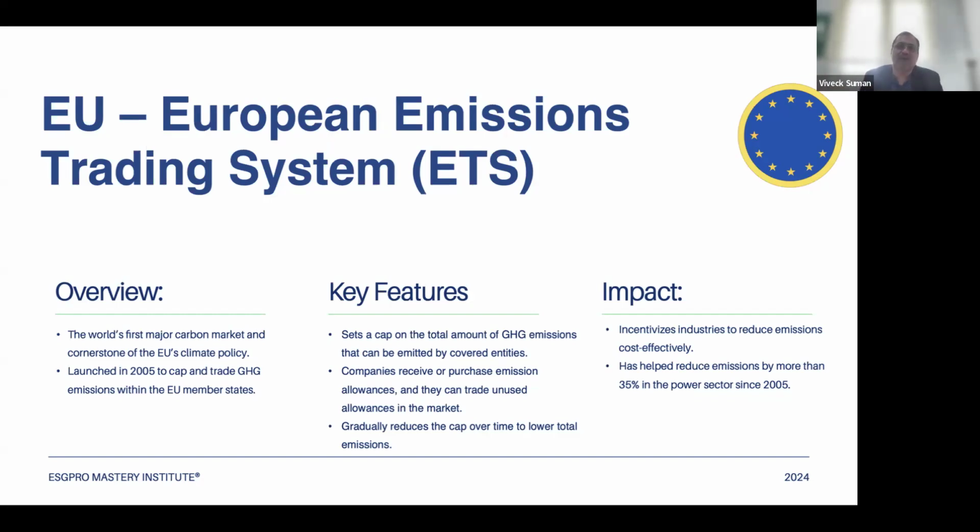This setup happens because of the ETS guidelines and ETS regulations. A company receives emission allowances every year. And by the way, every year it decreases. Remember another fundamental of cap and trade: it doesn't remain the same for all companies all the time. It reduces. The ultimate aim is that no company should emit carbon, and if they are emitting, they should purchase it from somewhere else. So gradually it reduces the cap over a period of time to lower total emissions.